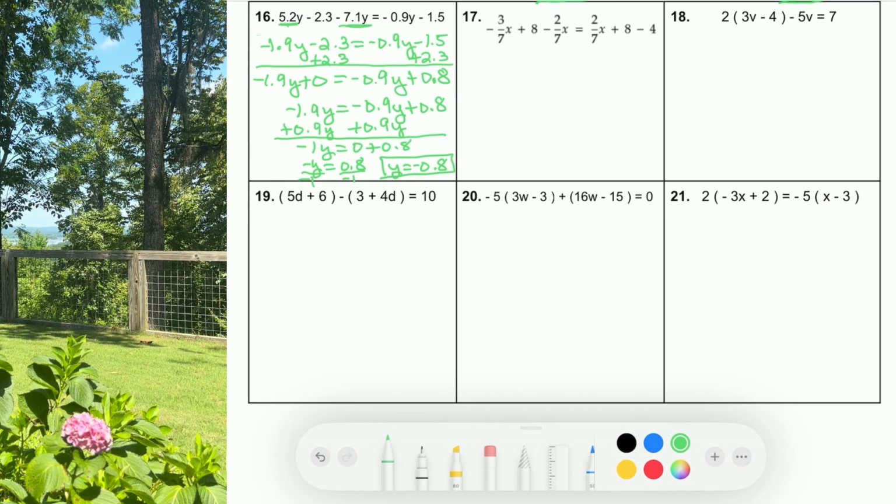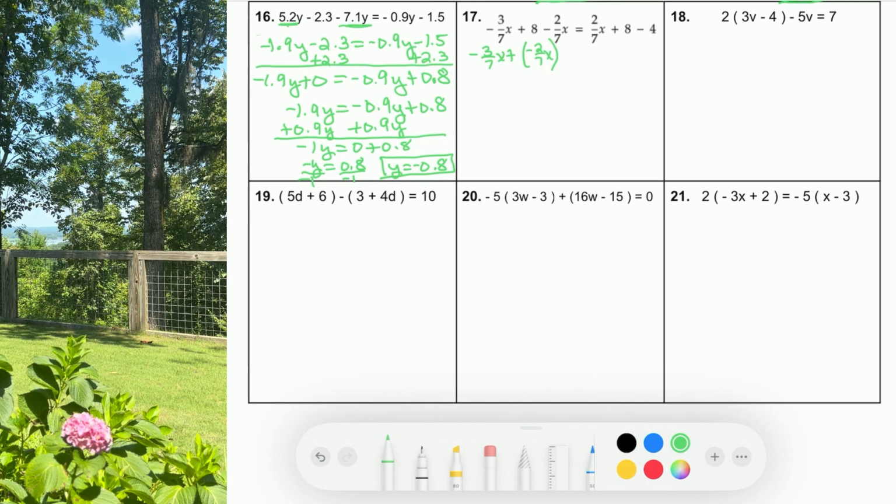Right, number 17, we have fractions. The first thing I noticed is they all have common denominators, so that's good. We don't have to worry about getting common denominators. We can just go ahead and combine like terms. So negative 3 over 7x minus 2 over 7x is the same as saying negative 3 7ths x plus negative 2